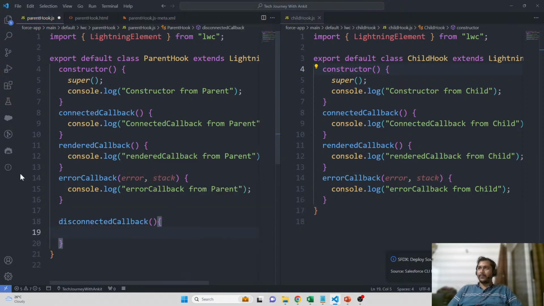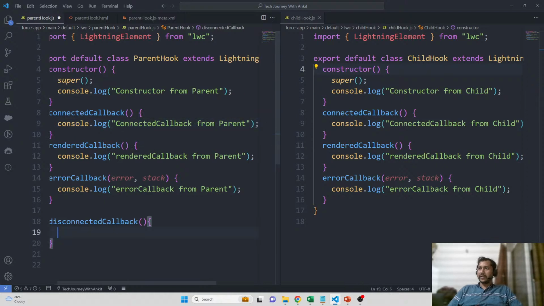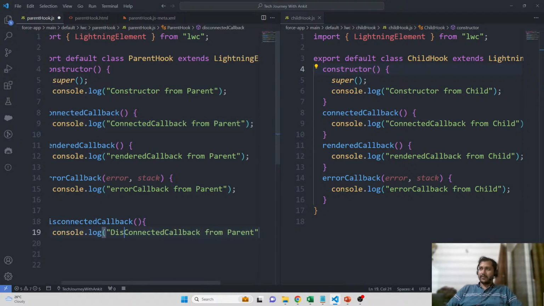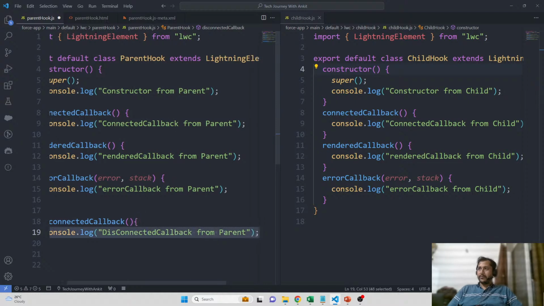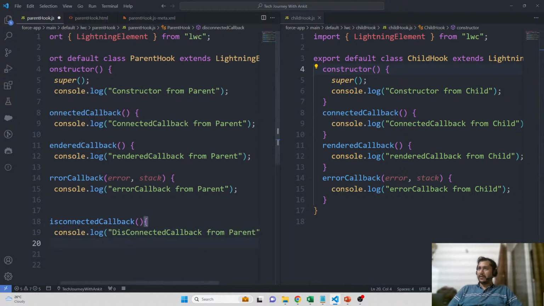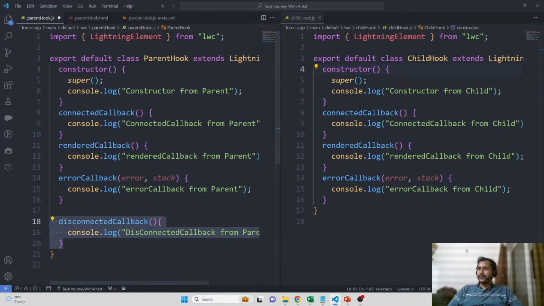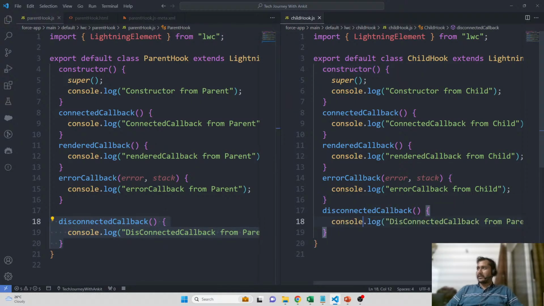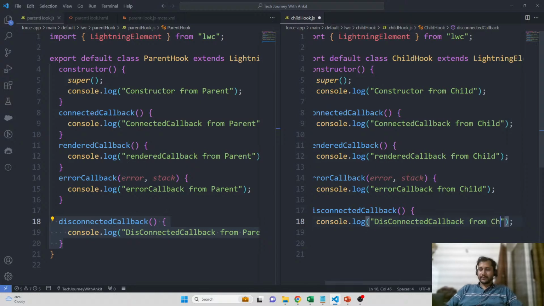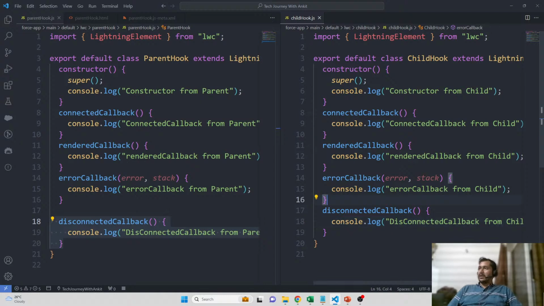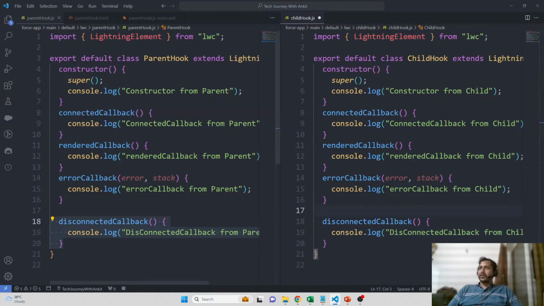So let me put here "disconnected callback from parent" and "disconnected callback from child." Okay, now to show you an example of the rendered callback getting called multiple times,